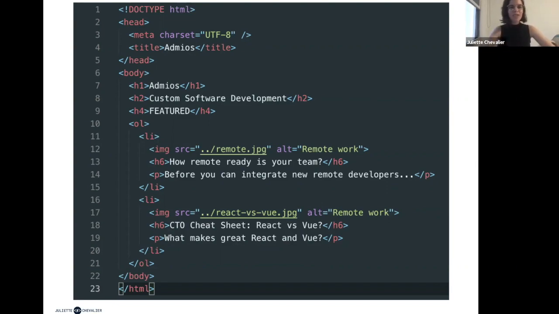So like I said before, we have the head with the title. Now, will this title be the same as this title? Why would I repeat them twice? It's because this title is the title that you usually see on the tabs. So it's not something that you're seeing on the screen, it's something that you're seeing up top. And because of that, you would store it in the head.